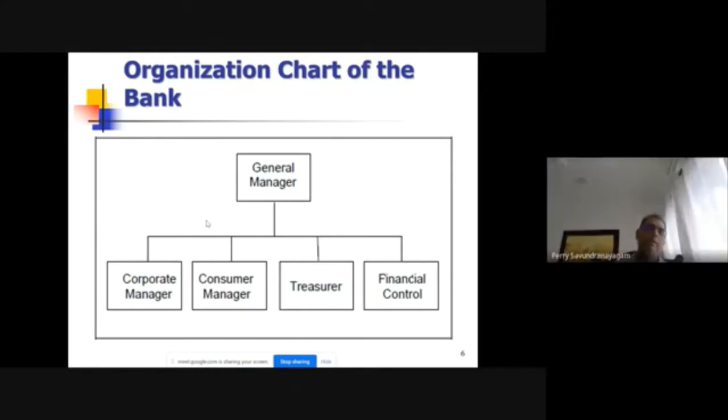Okay. So it all depends on how that organization wants to place it. But whichever way, whether it's considered a product or a business, the treasurer sits parallel to the rest of the corporate management team of a bank, because of its level of importance both internally and towards the clients the bank deals with. And it has a direct reporting line to the CEO or general manager, whoever it is, of the bank. Okay?